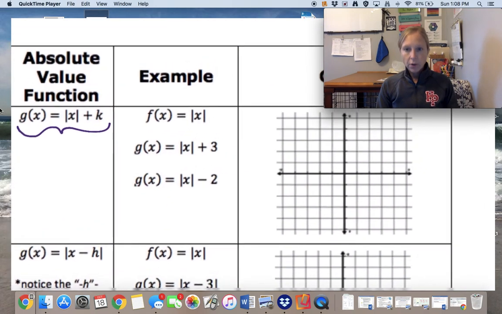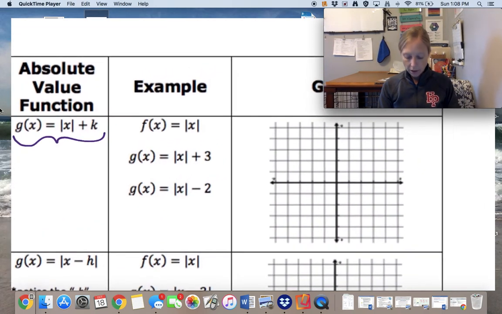First thing I'm going to put on my graph is the parent function. f of x is equal to absolute value of x. Again, it goes through 0, 0 and has a slope of 1. Now if I look at the next one,